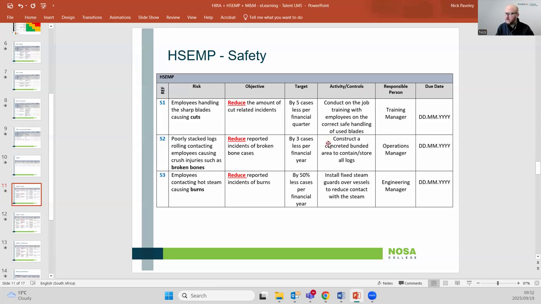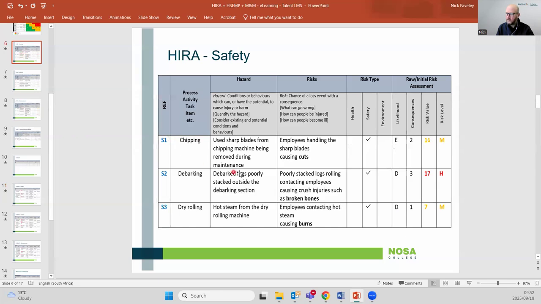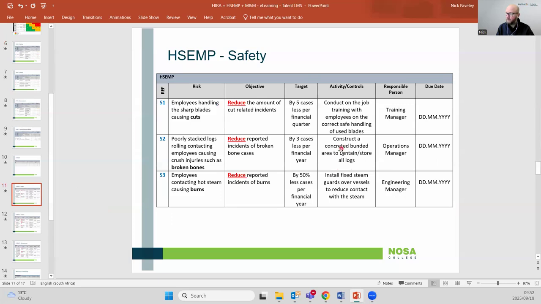Safety 2, I'm actually implementing here an engineering control. Construct a concreted bunded area to contain/store all of those logs. And the reason why I'm doing that, because if we go back to the HIRA, look at my hazard, debark logs poorly stacked. And my risk was those logs rolling, making contact, causing crush injuries such as broken bones. So in my management plan, I want to build a specific area in which these logs, before they enter the debarking section, are going to be correctly stacked and stored in this area to minimize the effect of them rolling,